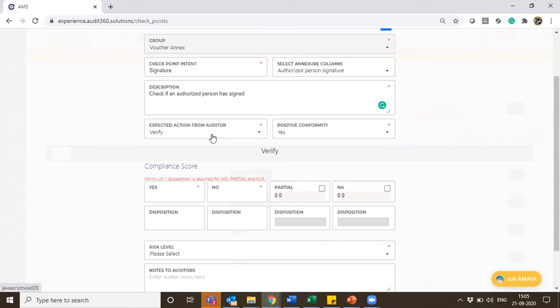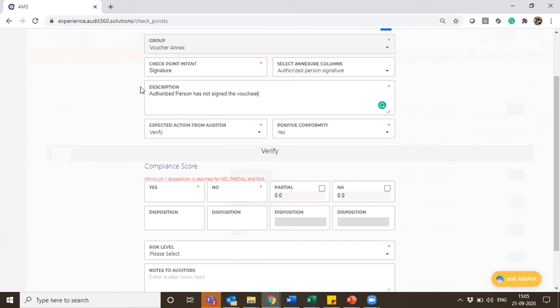For example, I would be checking in a similar case, I would say authorized person has not signed the voucher.